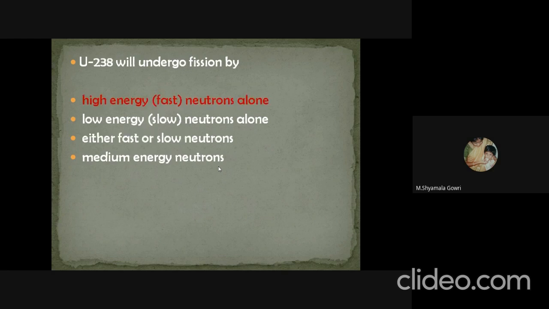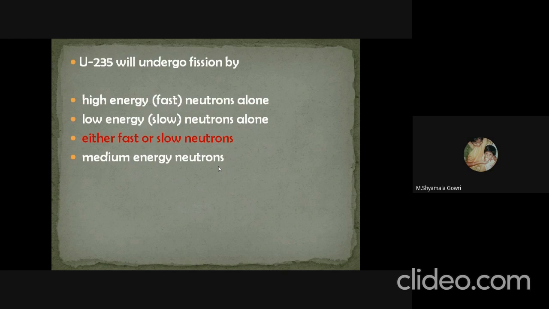U-238 will undergo fission by high energy, that is fast neutrons, alone. But U-235 will undergo fission by